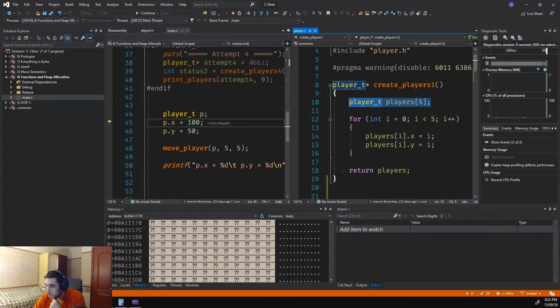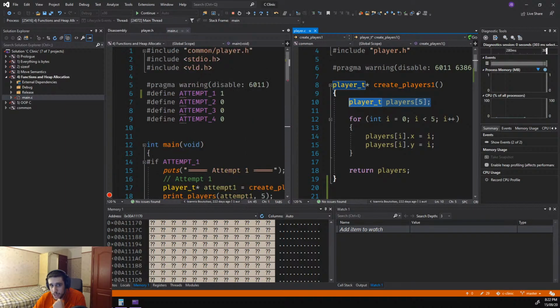So you cannot return it. This is why I had this warning disabled here. Actually, the compiler in here would yell at me and be like, hey, you're returning a stack allocated variable. You can only do that with primitive data types or struct. If I was returning one player, yeah, the compiler can figure that out and copy bytes over. Since now we're having an array, so we're having a piece of memory larger than one thing,